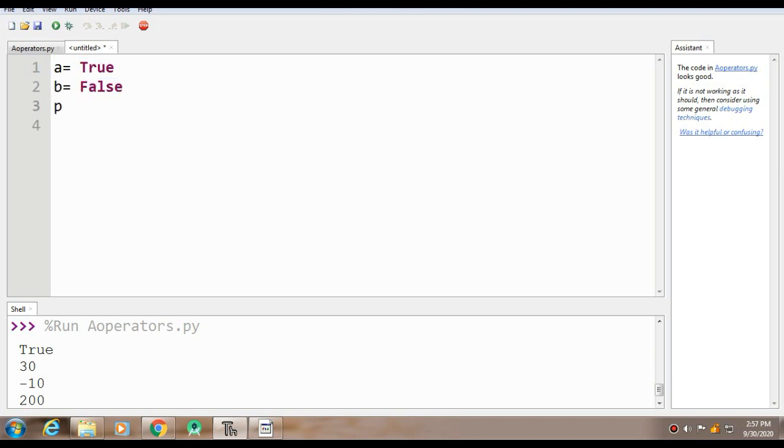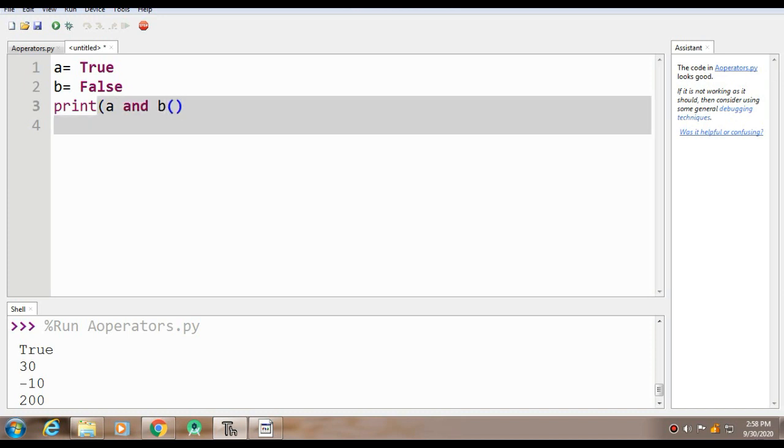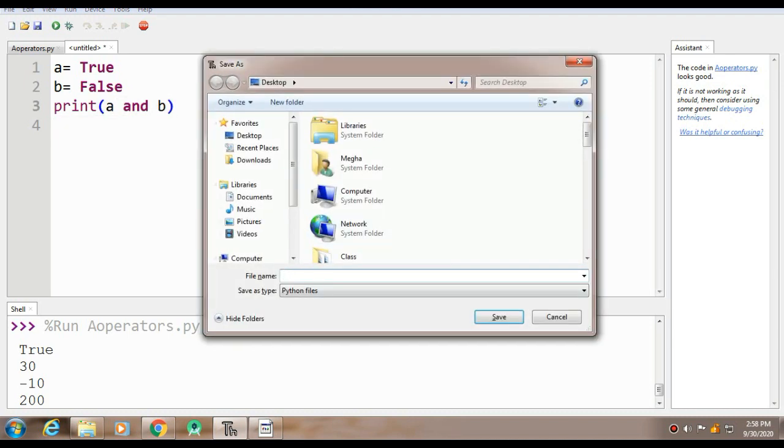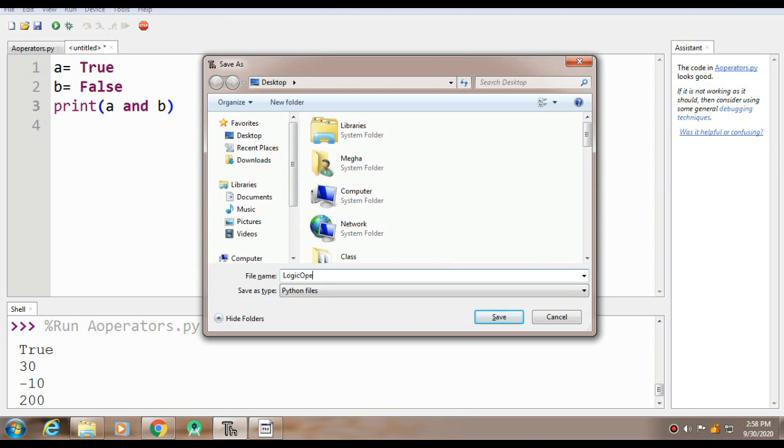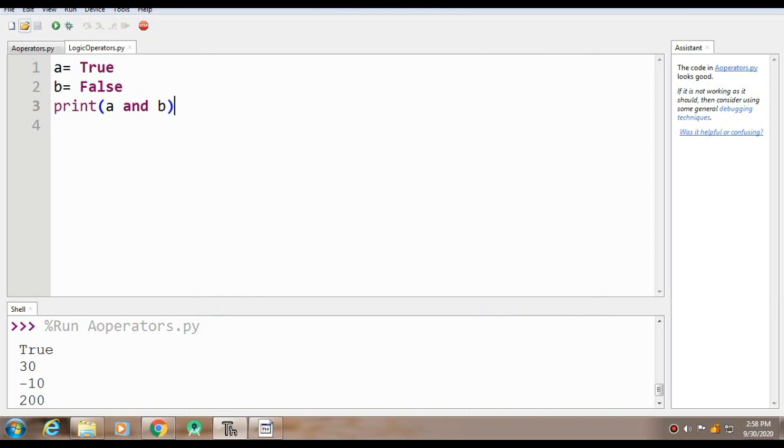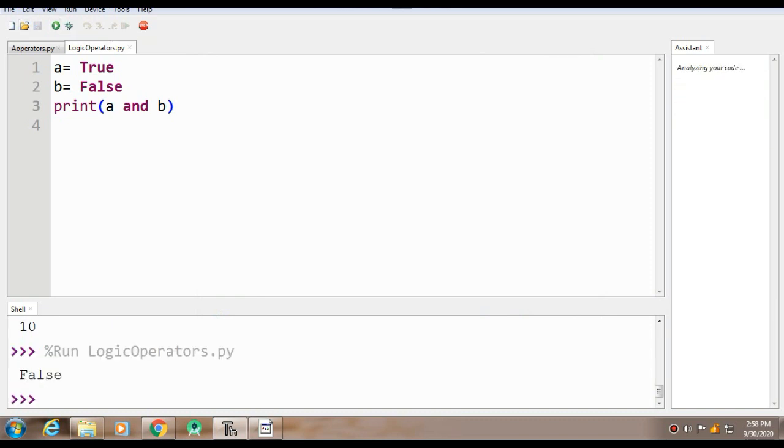So if I want to print A and B, you can simply see it will show me the result. So these are our logical operators. As we execute it, it says False because we know that it's False.